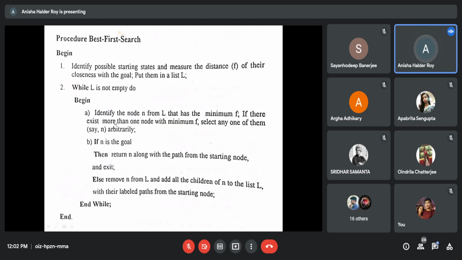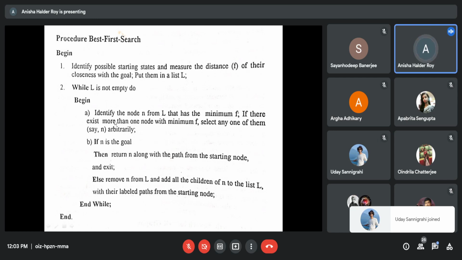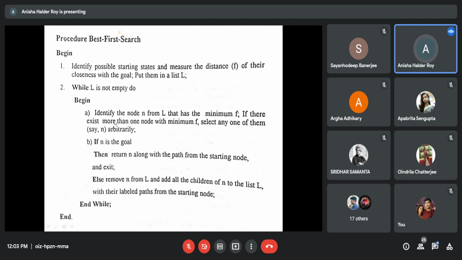Identify the node N from L that has the minimum F. If there exists more than one node with minimum F, select any of them arbitrarily. Proceed with one, and if you can't reach the goal, then proceed with the other later. Okay, if N is the goal, return N along with the path from the start node and exit.